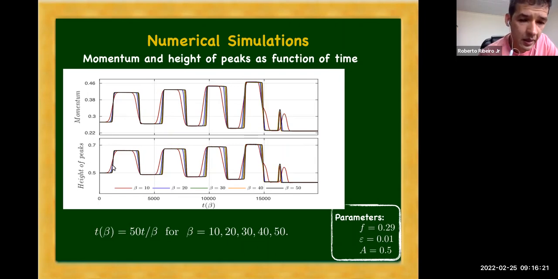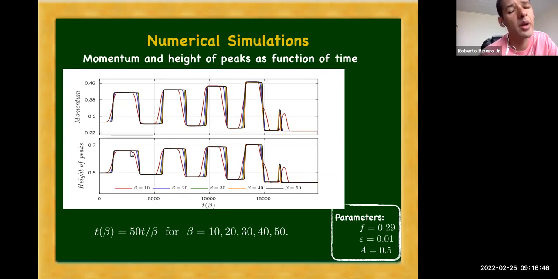And in this figure now, I'm showing the height of the peak of the wave for different values of beta. Initially, as I mentioned, the initial amplitude of the wave was 0.5. Then when the wave reached the bump, it gained amplitude.